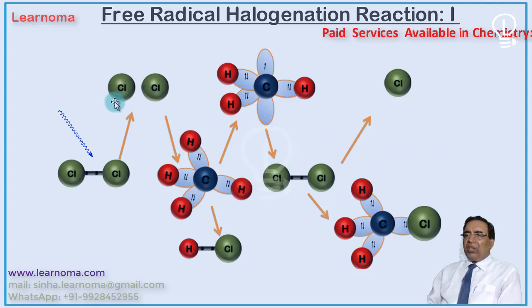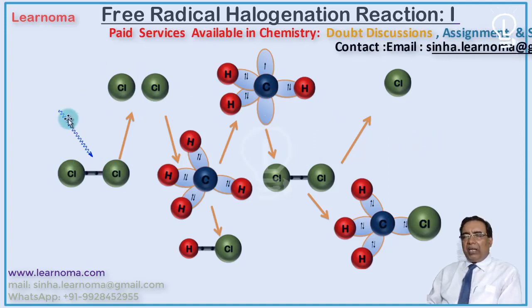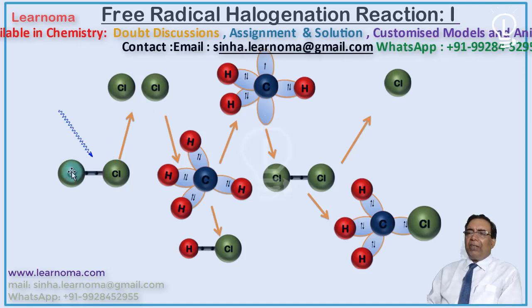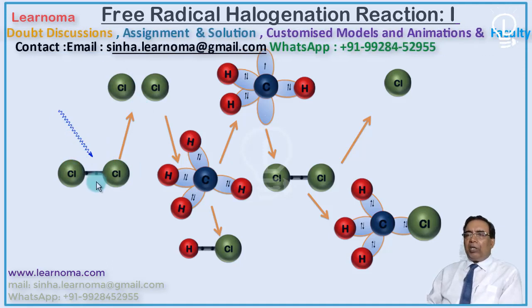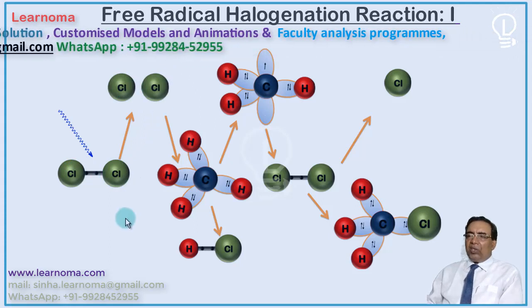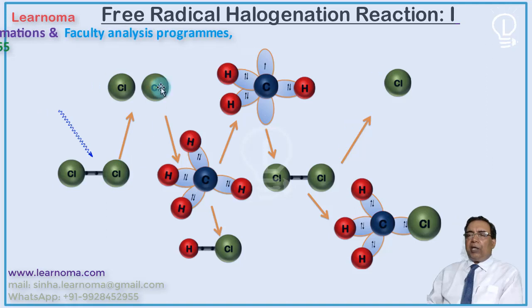What do we mean? This reaction is a free radical substitution reaction. Here we go through three steps. Step number 1, chlorine collides with the incoming photon, the incoming quanta of light, and the chlorine Cl2 forms the Cl radical. This is your step number 1. This step is endothermic, and here the chlorine radical is produced.